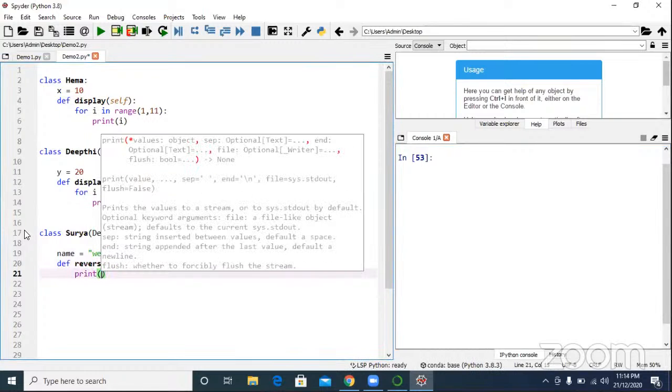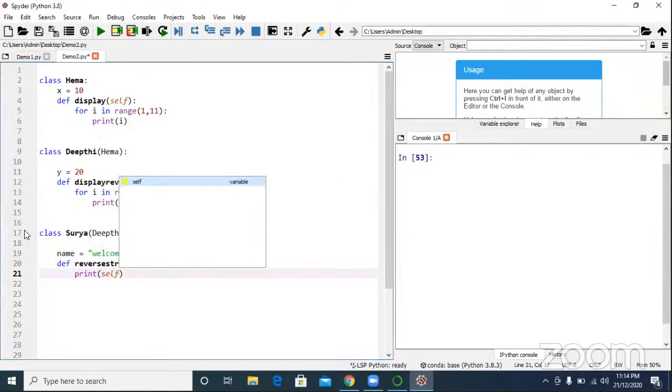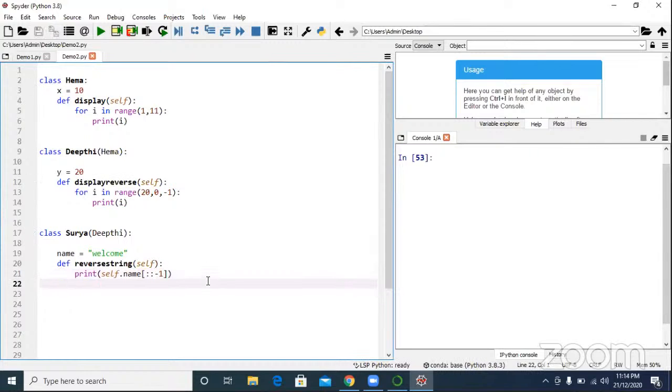Two methods. Deepti has Hema's methods plus its own. So totally how many methods are there in Surya? Three methods.